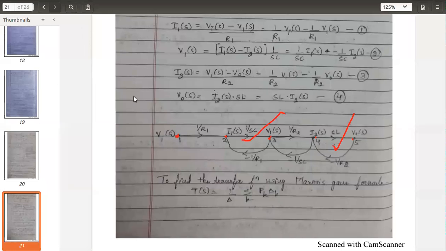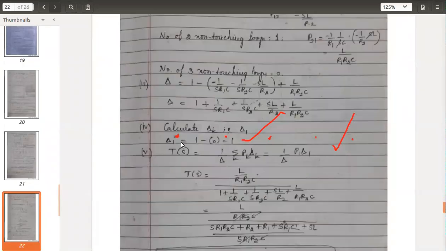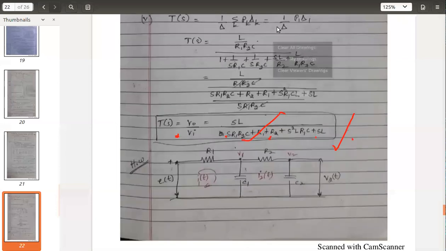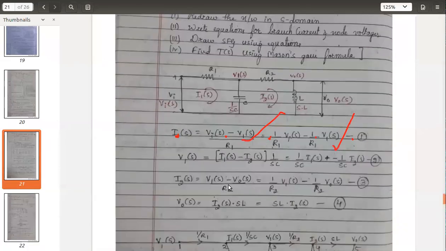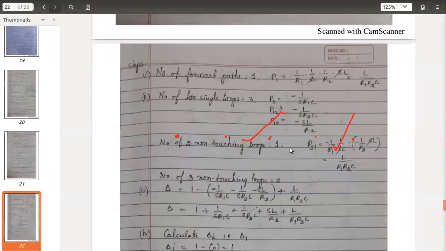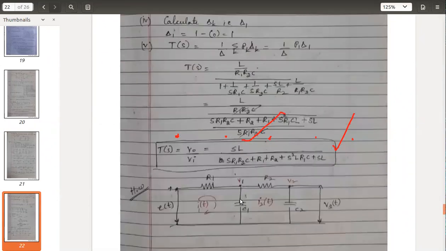And there is one more problem here. Okay, this is one more homework for you. Try to do this. It is similar, I have just changed the components. You can see there is R1, R2, C1 and C2. In the earlier problem, we had R1, R2 as it is, but there we had L. So that's the only change. Instead of L, one more C is there. I have just changed the notations and the components.